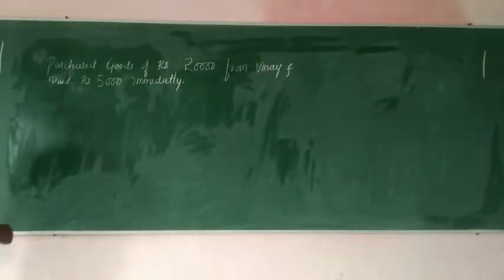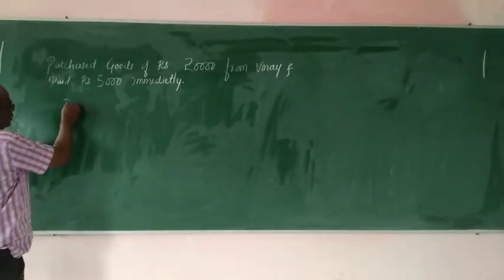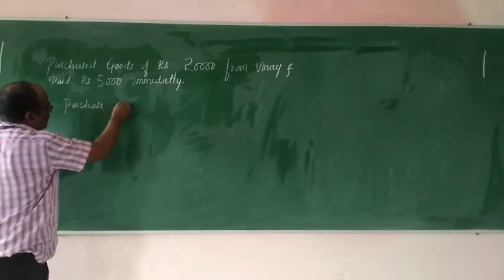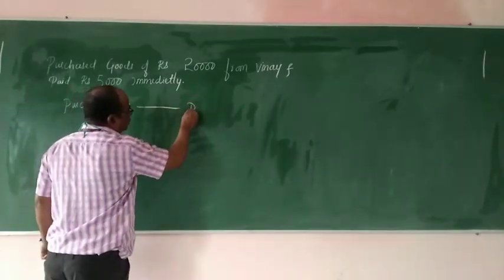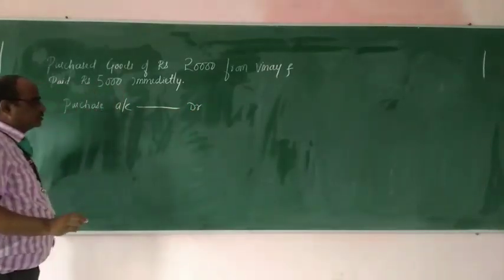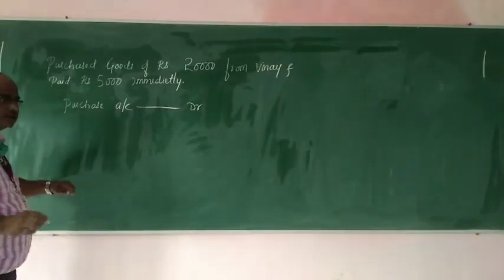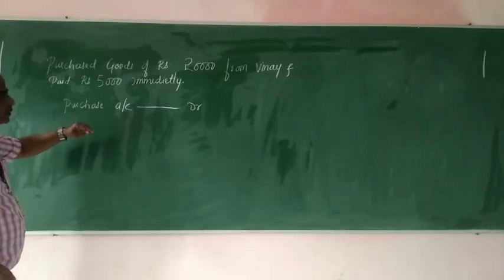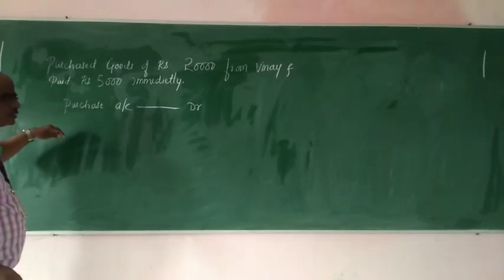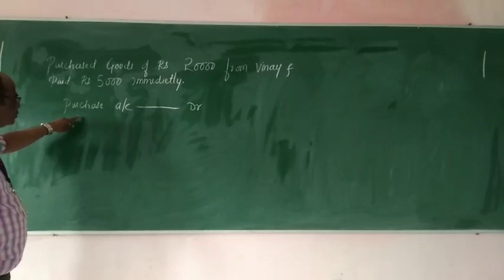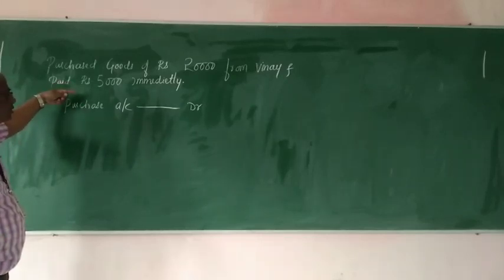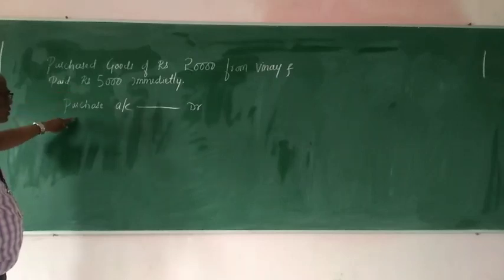So the journal entry here will be purchase account debit. So I am writing without columns just to explain. Actually, I should write the journal entries in the format itself, but I am taking only one transaction and trying to explain you. So if there are many transactions, I could have certainly put this in the format only. But since I am explaining one by one transaction, I will not use the format here.